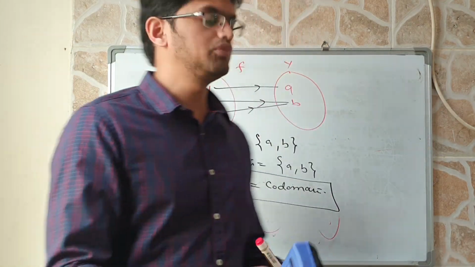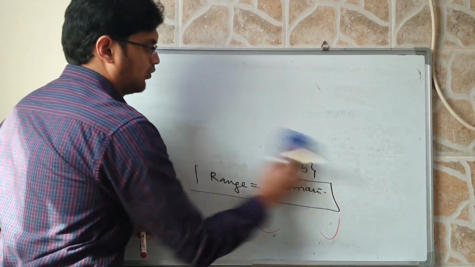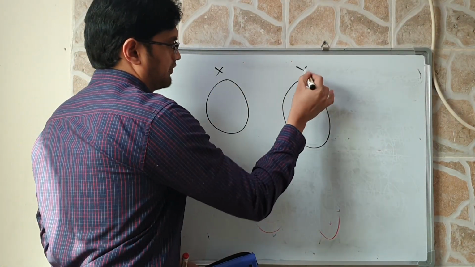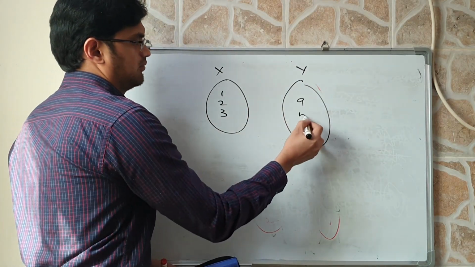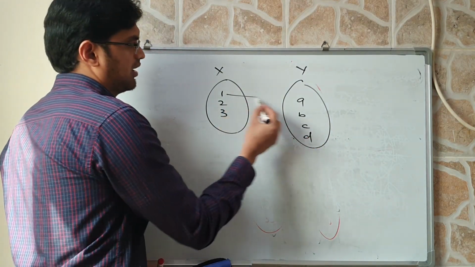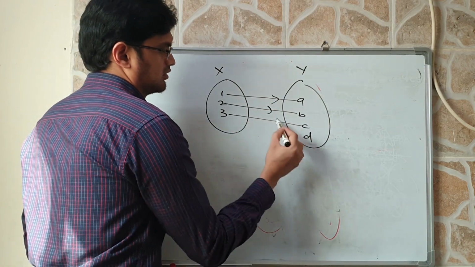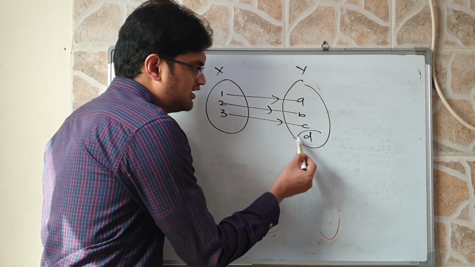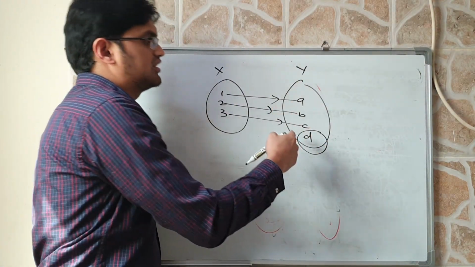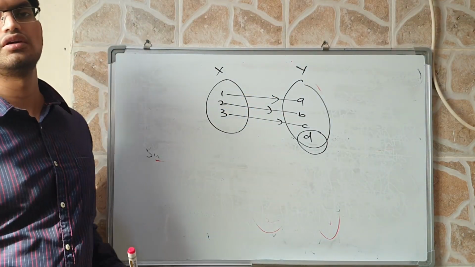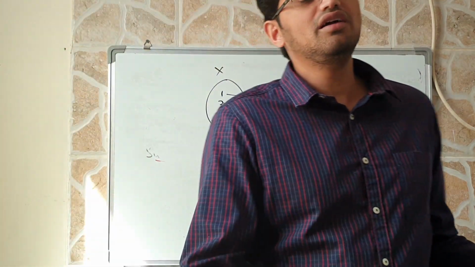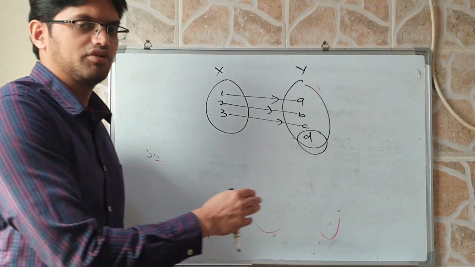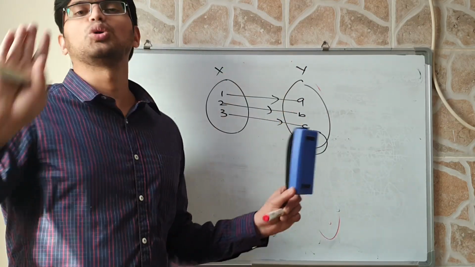I'll take last example to see how we will get. See, X and Y. 1, 2, 3, A, B, C, D, let us say. Now I mapped. Can I say it is onto? No. Why? Because D is, I am finding one element in Y which is having no pre-image, which has been left out. So it is not onto. When you are leaving it, we are not giving any importance, means it is not onto.